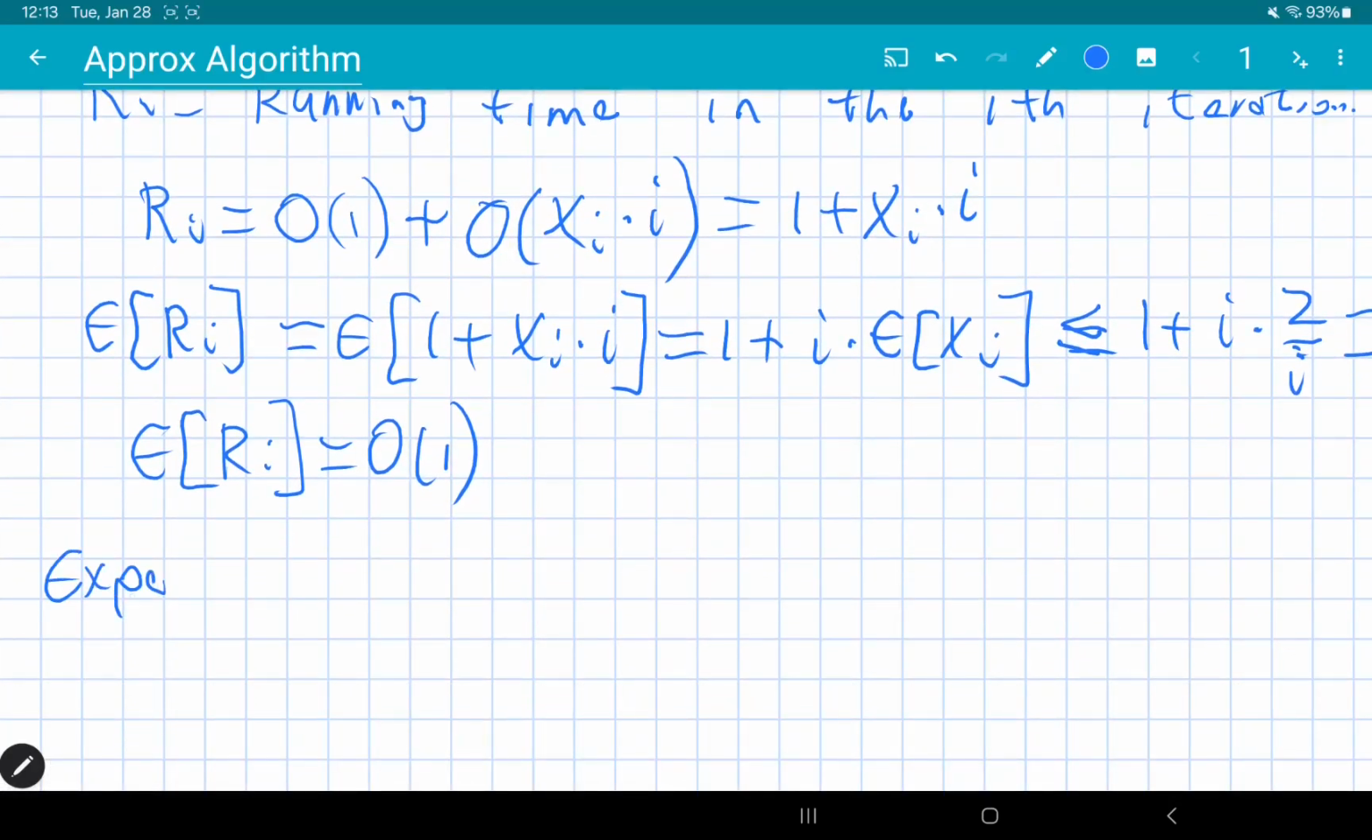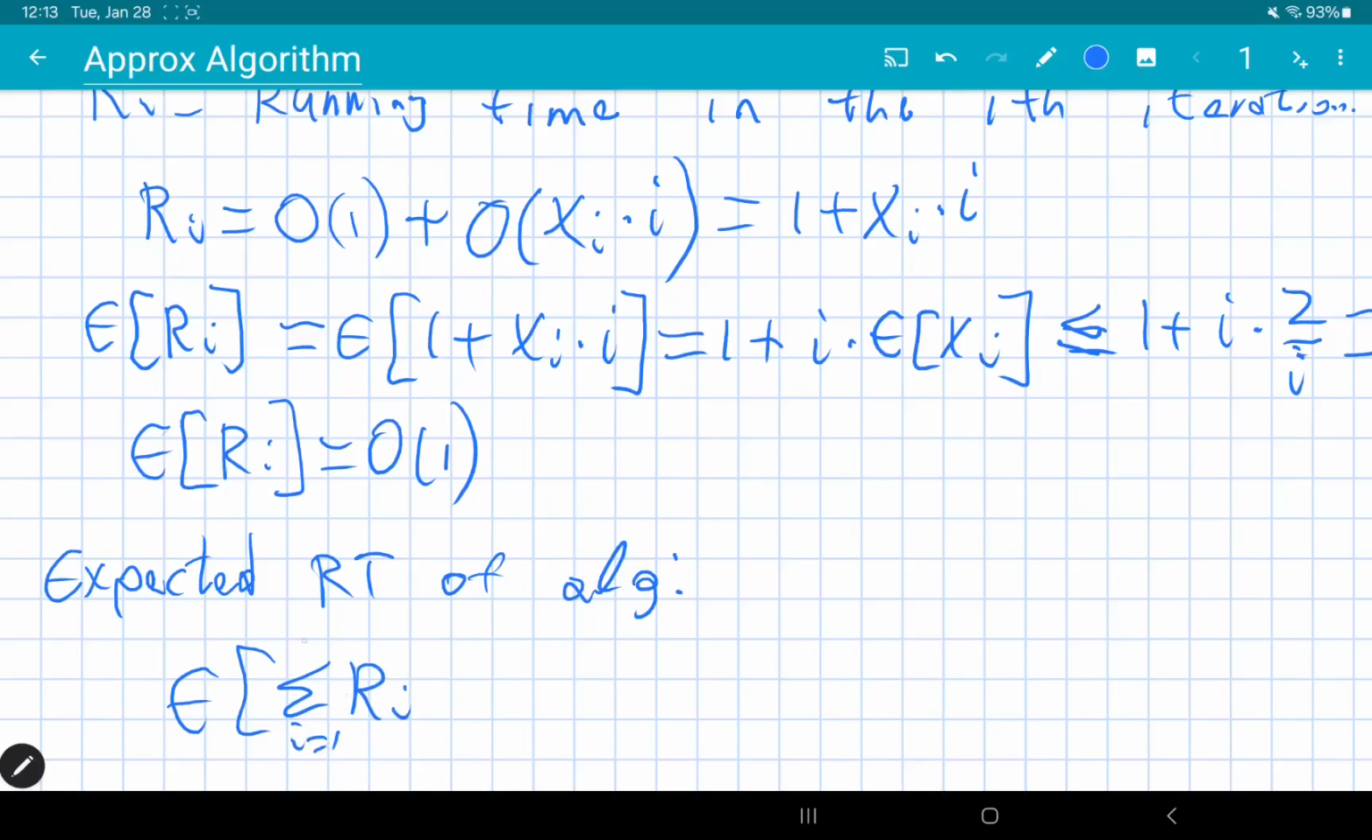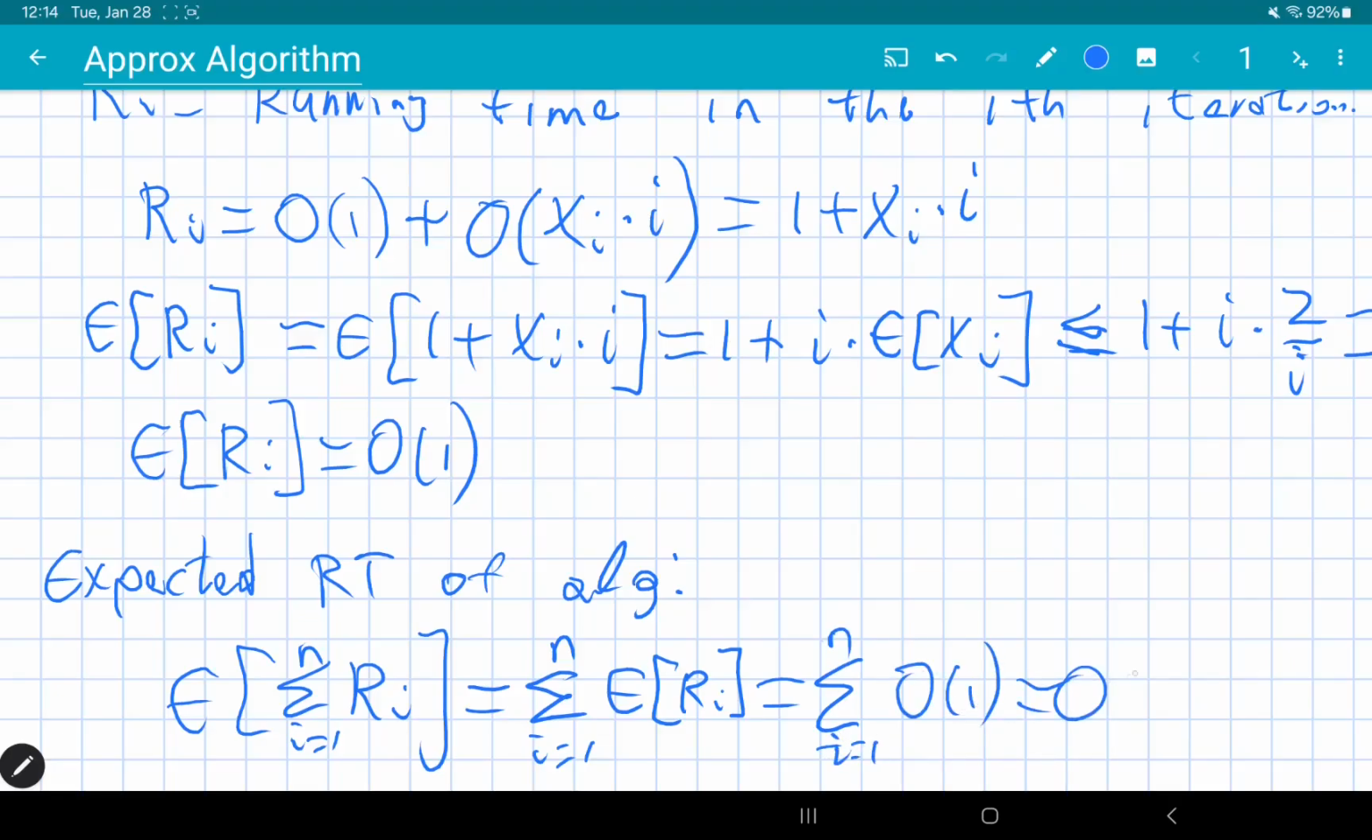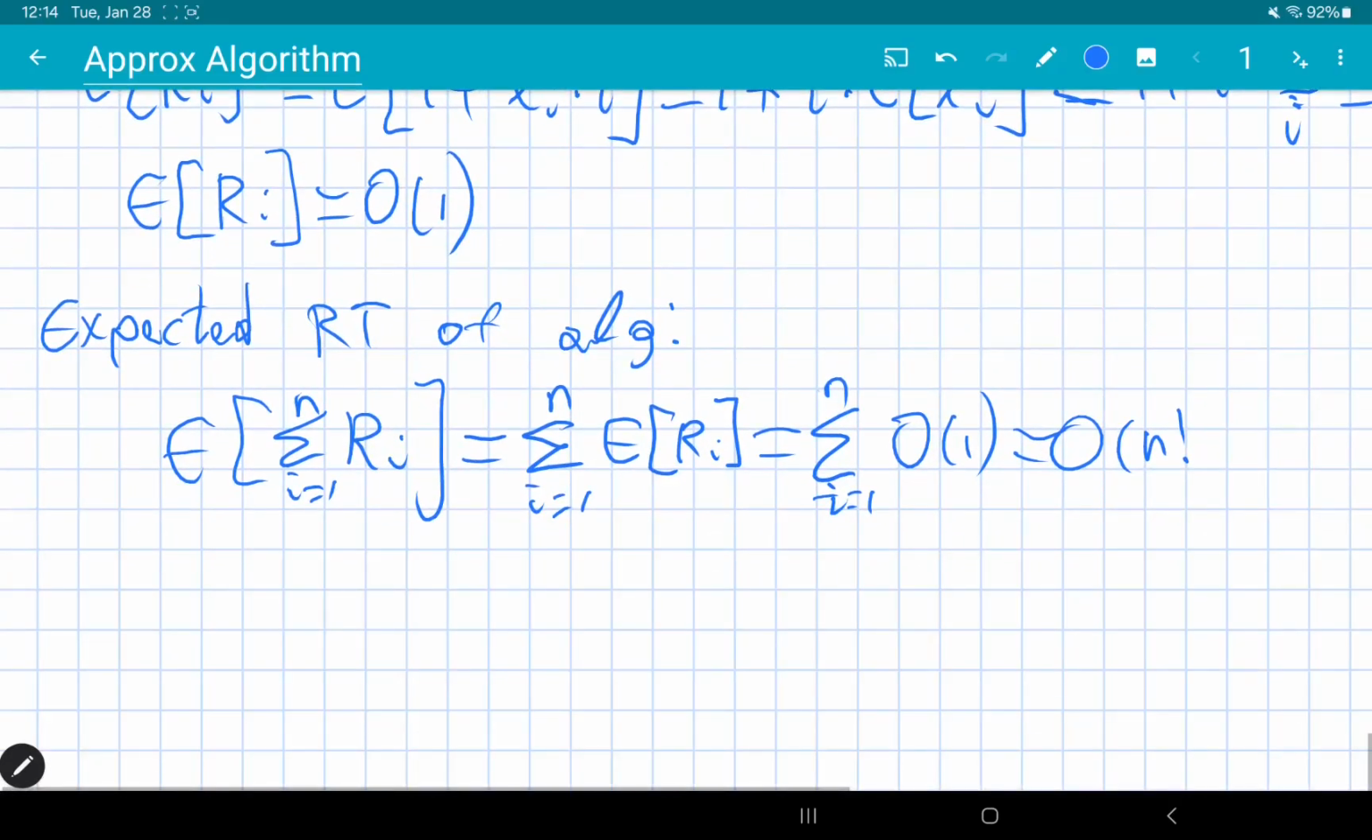And what is the expected overall running time? Expected runtime of the algorithm? Well, it's the expectation of the sum of the Ri, I going from 1 to n. We use linearity of expectation because literally this is the only trick we know. And that's all the trick that we need, right? Each one of them is O of 1, so this is the sum from 1 to n of O of 1, and this is of course O of n, right? And we are done. So, theorem: